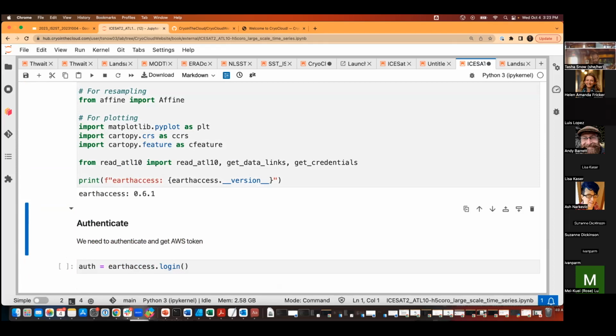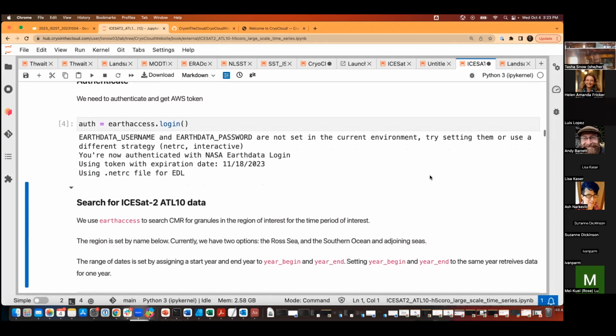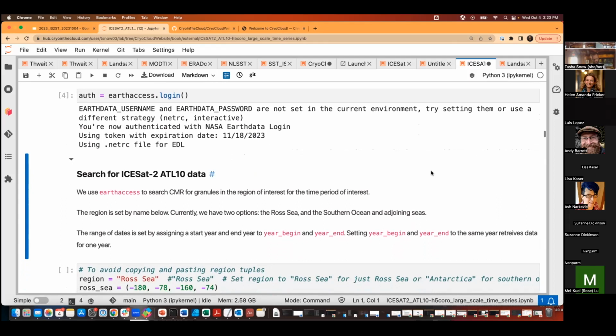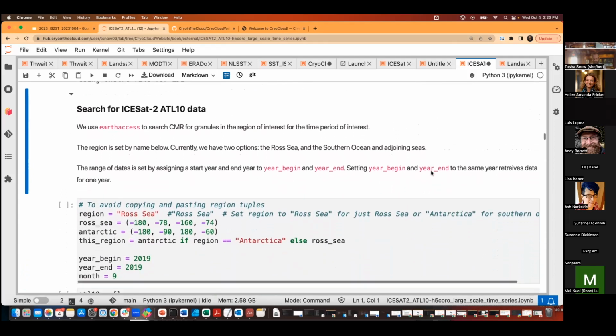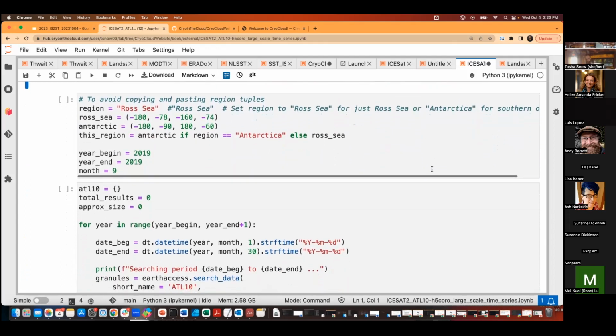And it's telling us that the version of Earth Access that we're using is 6.1. Then we're going to do this authentication step next. If you need to type your credentials in again, go ahead and do that. I'll just wait for a moment while you do that. You should be pretty good. Everybody got lucky with